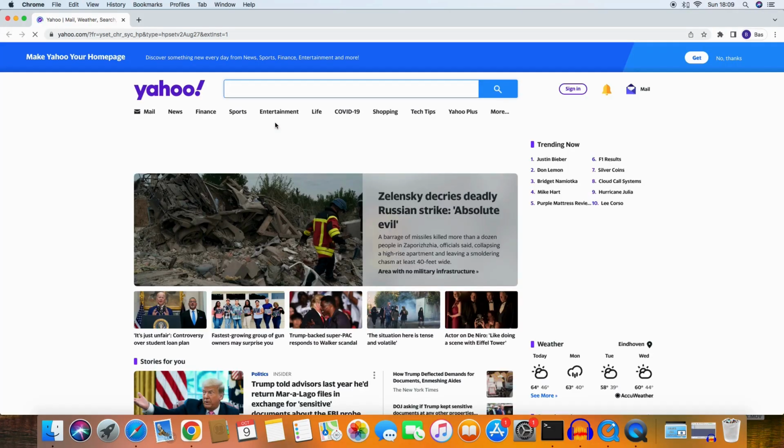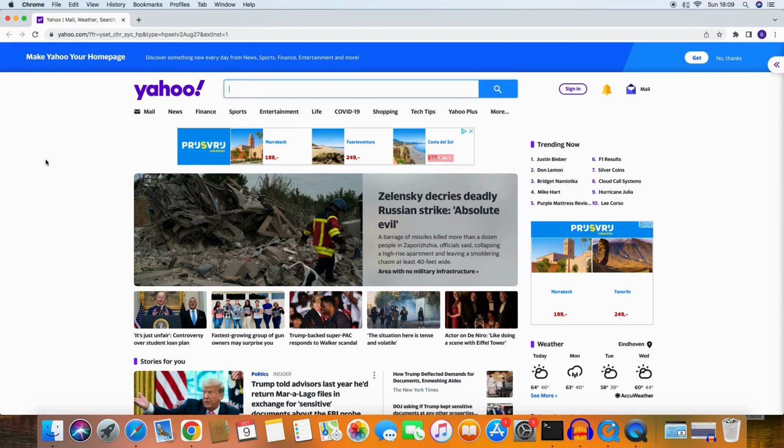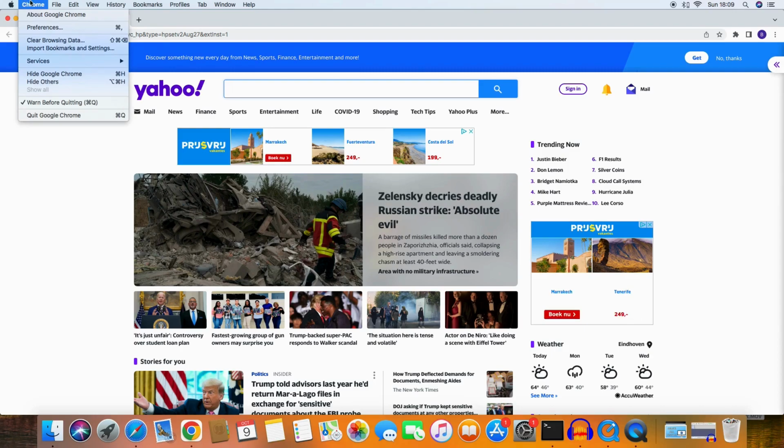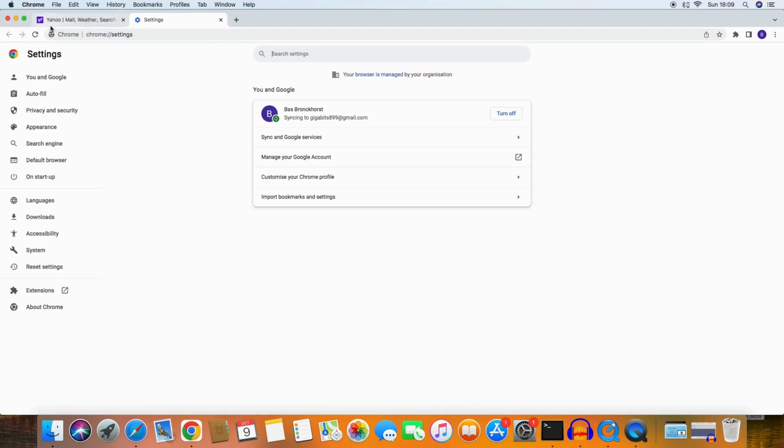And now we click Google Chrome and you see Yahoo is popping up and I don't want it anymore. I want Google again. So what you do, you click Google Chrome at the top bar. You click Chrome and then you click Preferences, and you see at the left this menu, and you